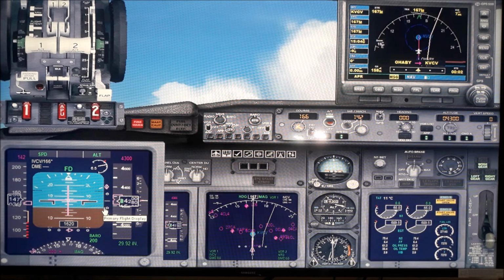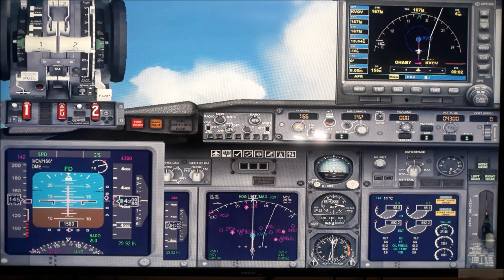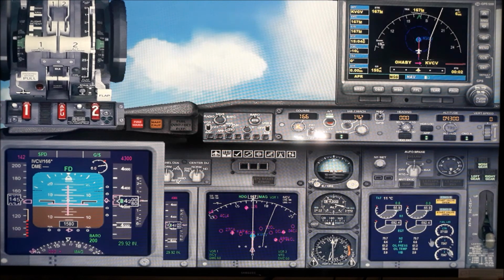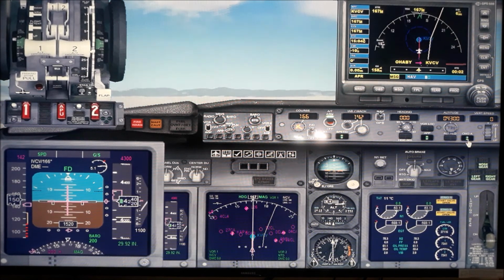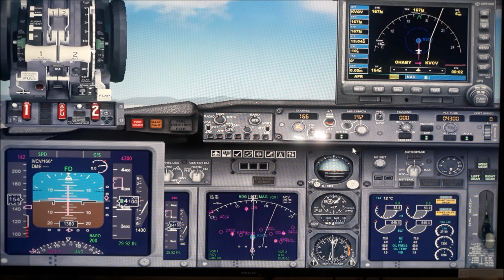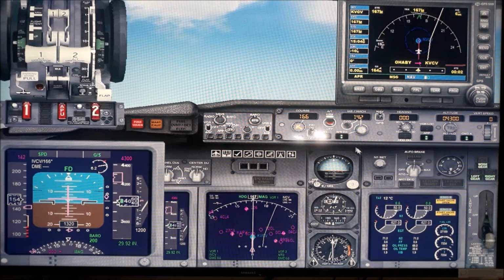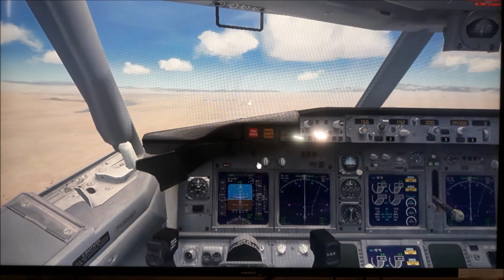Now we will move to the cockpit view. Now again I repeat, around 200 feet, because actually two people are flying the plane. One, the first officer will read out, maybe captain will fly. So the readout has to be done by a different individual. But here we are trying to do everything. So here what we will do at 200 feet, I will cut off the autopilot. Then I will cut off the auto throttle just before touchdown or at the touchdown. Now let us go to the cockpit view and see from there what's happening.